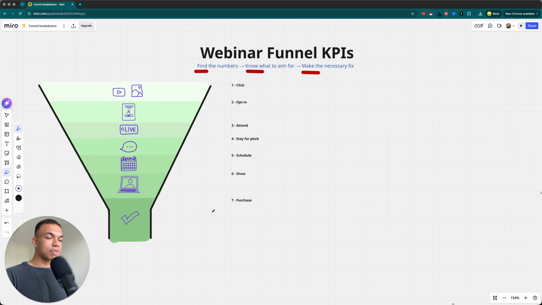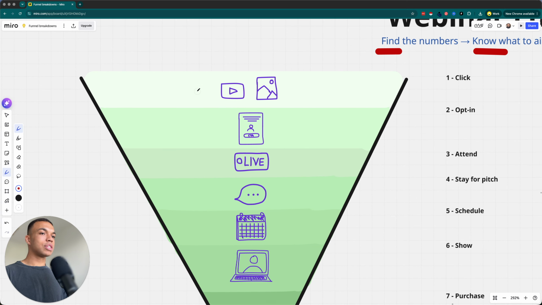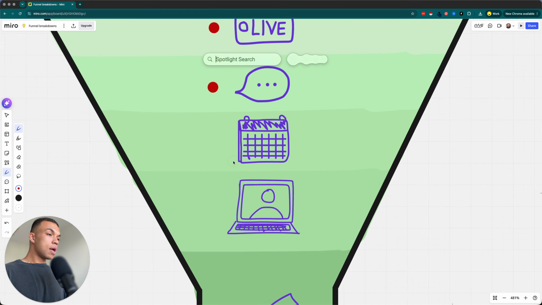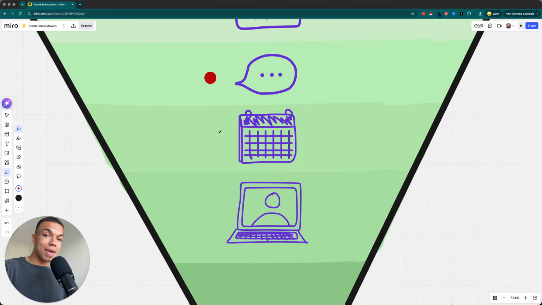There's 7 steps to this funnel. We're talking about a live webinar funnel right here rather than a pre-recorded. And to recap what we've got as steps, we've got the media. This could be an email, piece of organic content, or ad. We've got the landing page where people can register, people who will then show up live on the webinar itself. Then we've got the people that will actually stay for your pitch, where you actually make your offer, and then